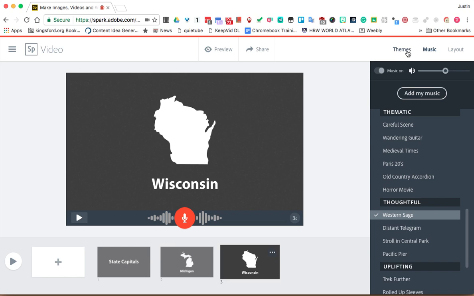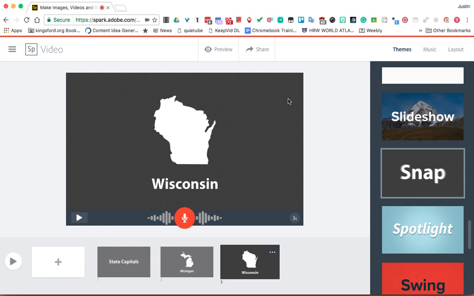Then you can always change the themes too if you want. If you click themes, you could change it, but I kind of like that one. So I'm going to leave it. Now, if I hit preview,